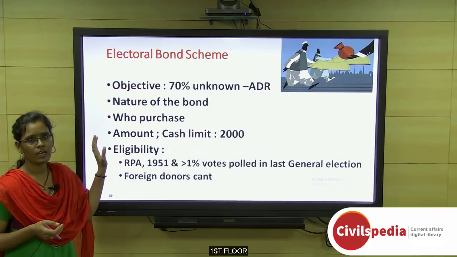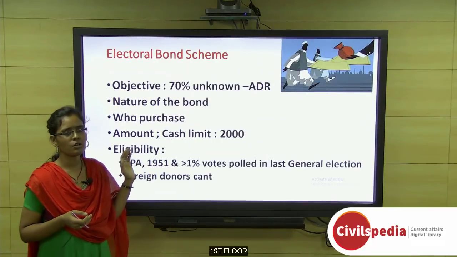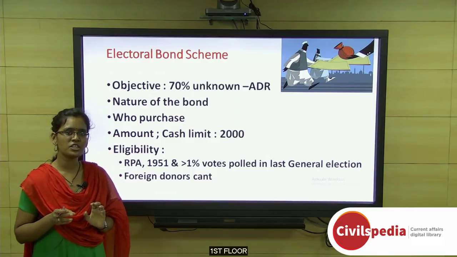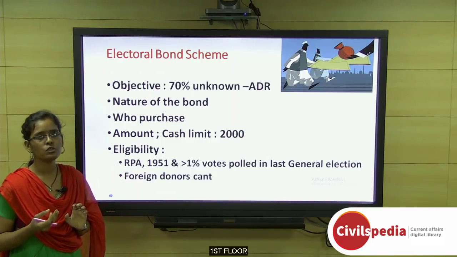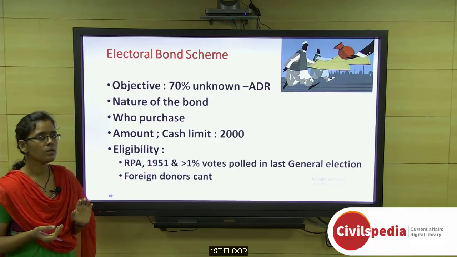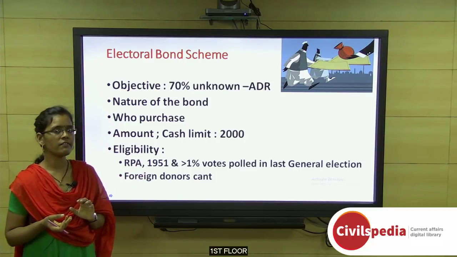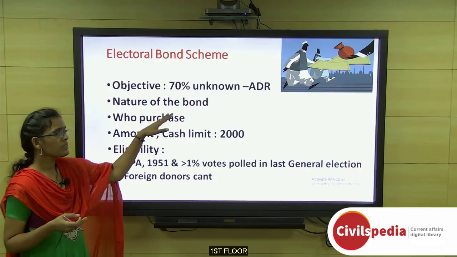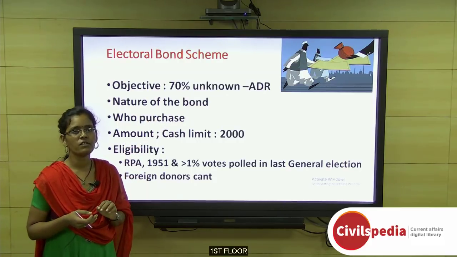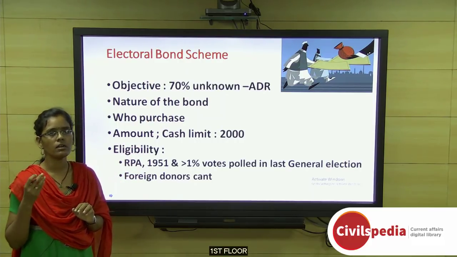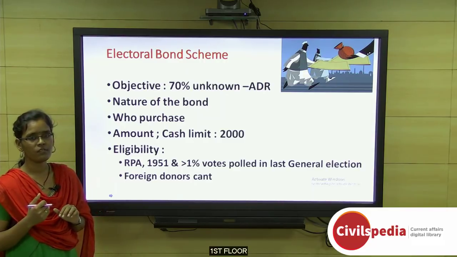The next topic is the electoral bond scheme. This electoral bond scheme is a financial instrument that is used to fund political parties. The main objective of this electoral bond scheme is to cleanse political party funding. Recently ADR, that is the Association for Democratic Reforms, an important NGO for electoral reforms, said that